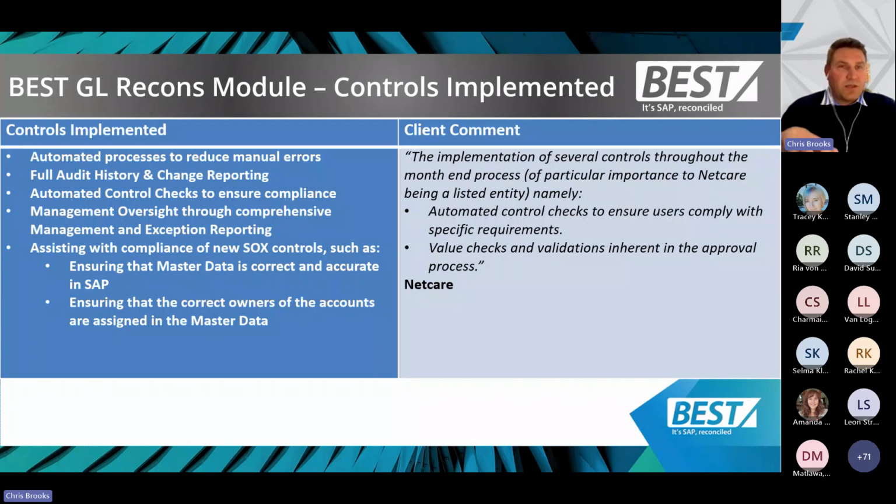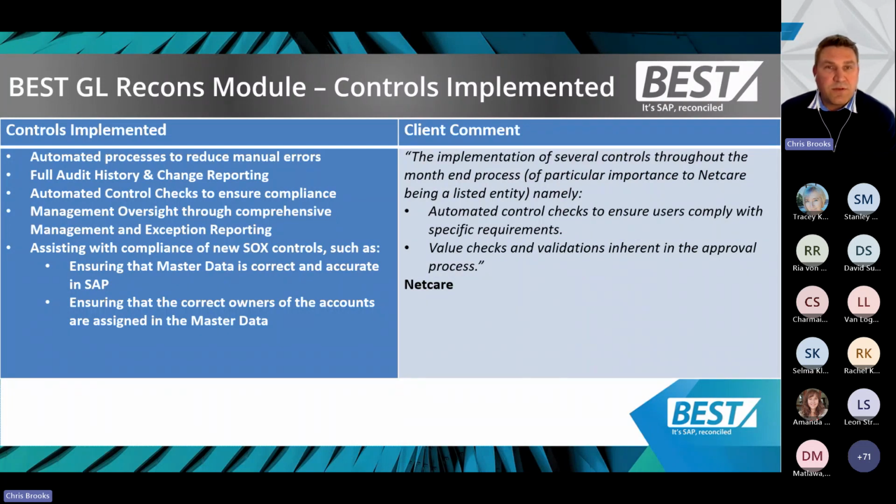So now having all of that within the system and within part of our Best master data, you can actually report on that and manage it and see who are the people that are approving this, are they the correct people, and you can ensure that that is constantly reviewed and updated to be in line with your SOX expectations.